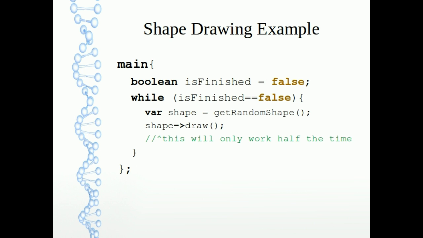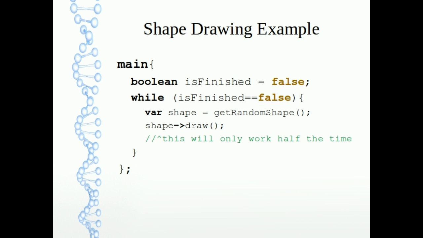We have a boolean isFinished variable set to false, and we say whilst the isFinished variable is equal to false, we want to create an object, shape, which we will set equal to the return value of the getRandomShape function. This means each time this loop is run, the shape variable will either be an instance of the square class or an instance of the circle class. We then call the method draw, which is a member of the shape